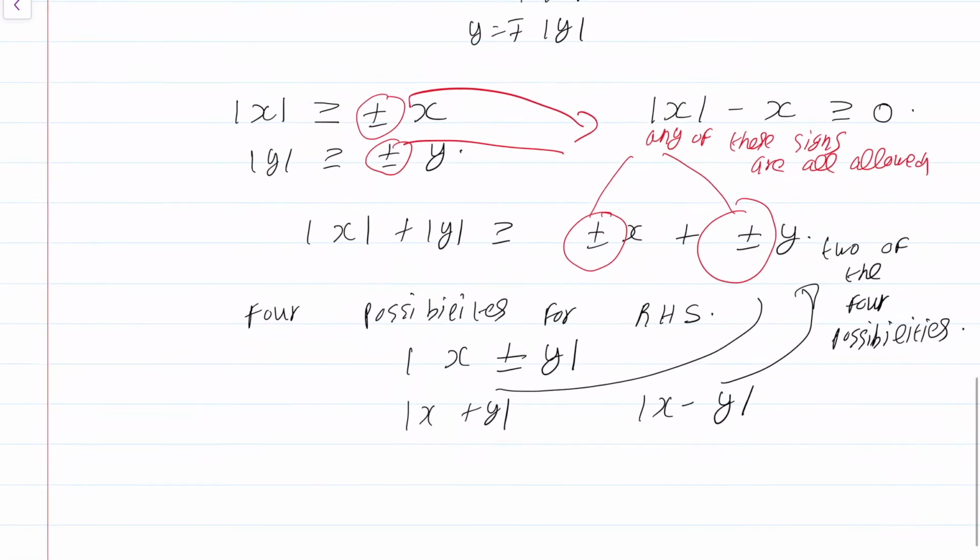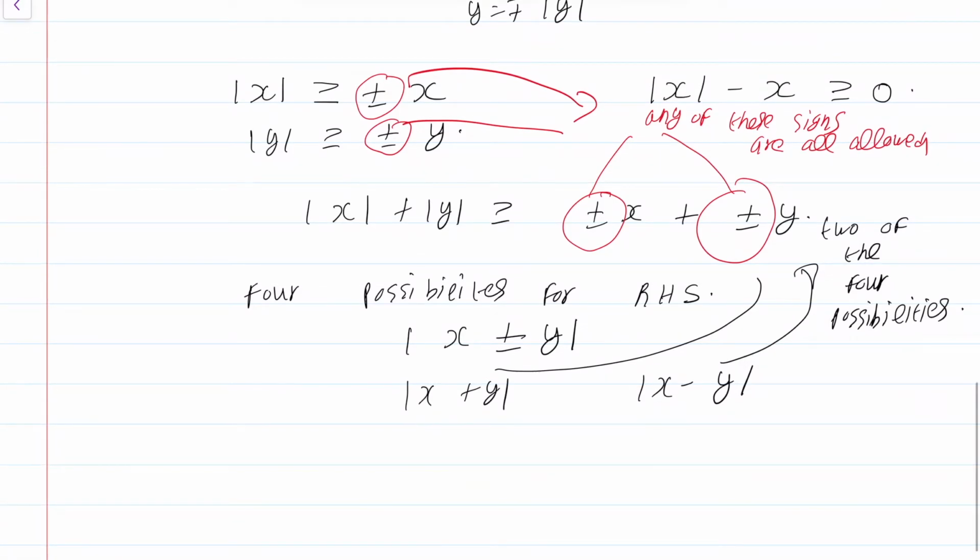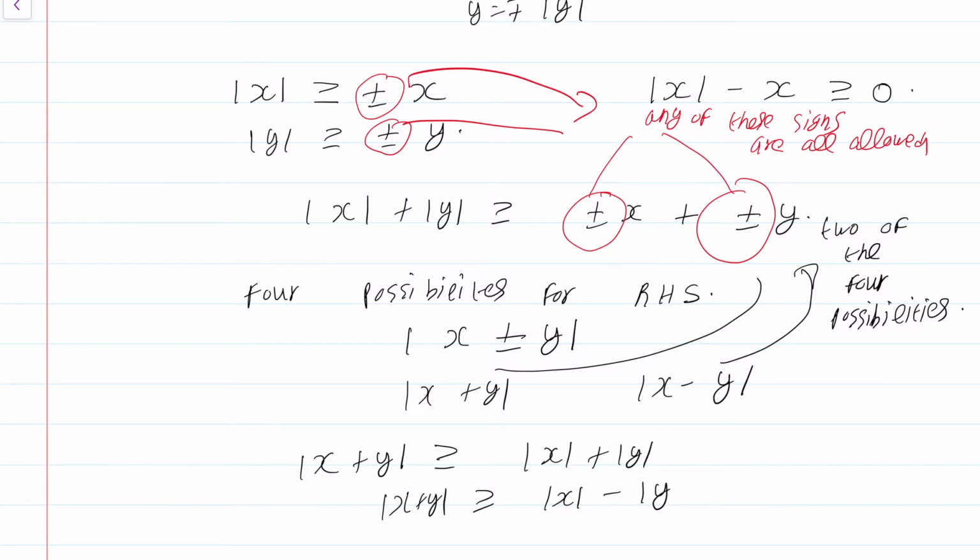So check that 2 of the 4 possibilities here are indeed going to be modulus of x plus y and modulus of x minus y. That means we immediately get both. We immediately get mod x plus y is greater than or equal to mod x plus mod y, and mod x plus y is greater than or equal to mod x minus mod y. We get both. Okay, so that completes the proof of